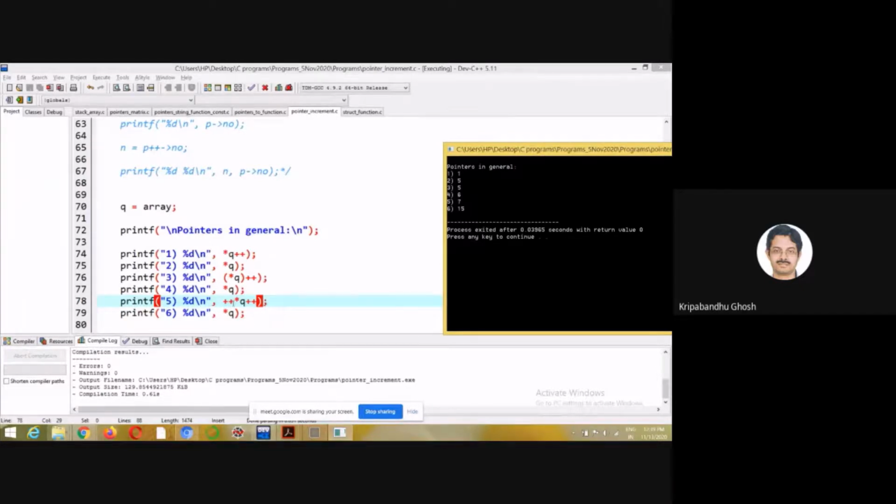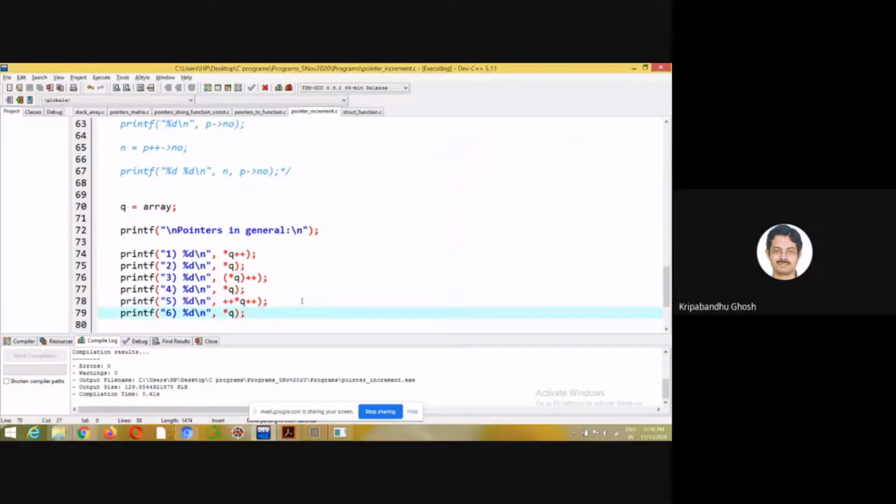So there is a pre-increment. Post-increment will take place after this value has been accessed. So it has incremented this star q, that is basically here array 1. So it has incremented from 6 to 7, and then there is plus plus. So the pointer has moved to the third element of the array, that is 15. So it is printing 15.